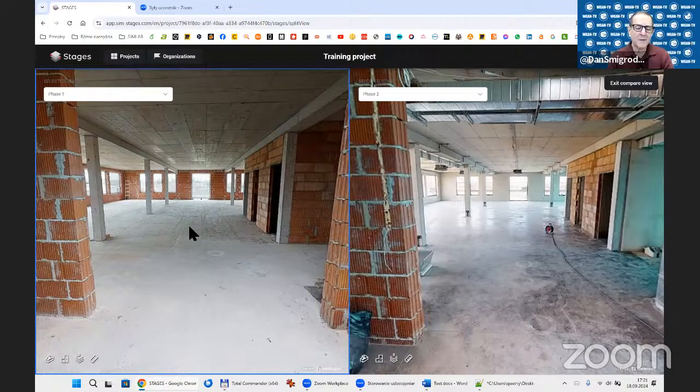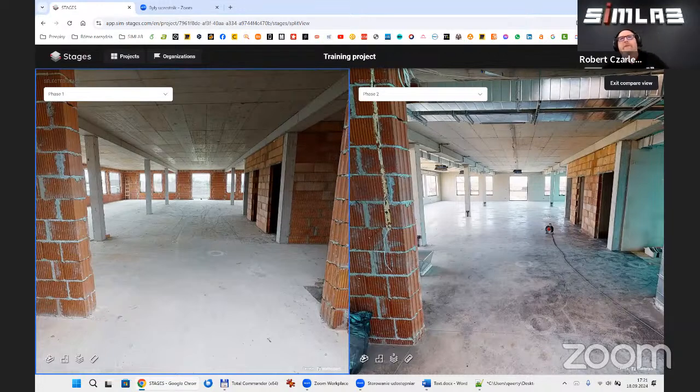Robert, would a best practice be to try and have Matterport scan points be in the same identical location over time, or it's not necessary? No, it's not necessary. The best advice, if I can give you, is to place the specific points for the synchronization mechanism as far apart as possible. Yeah, that's why I placed them on the different ends of our building. The farther apart they're placed, the better.